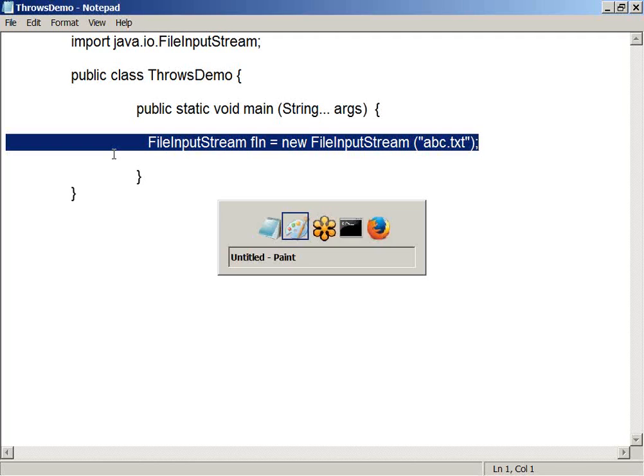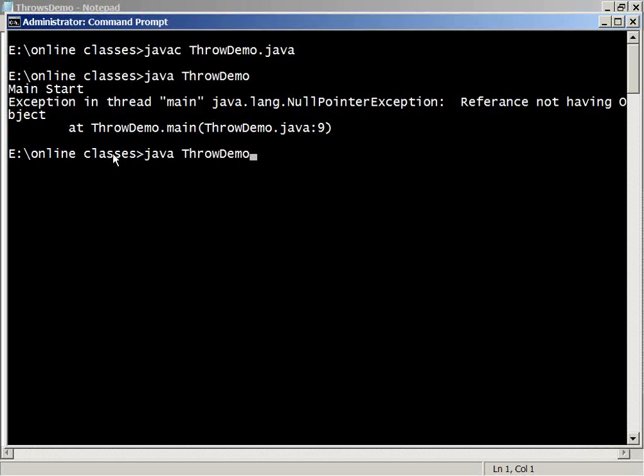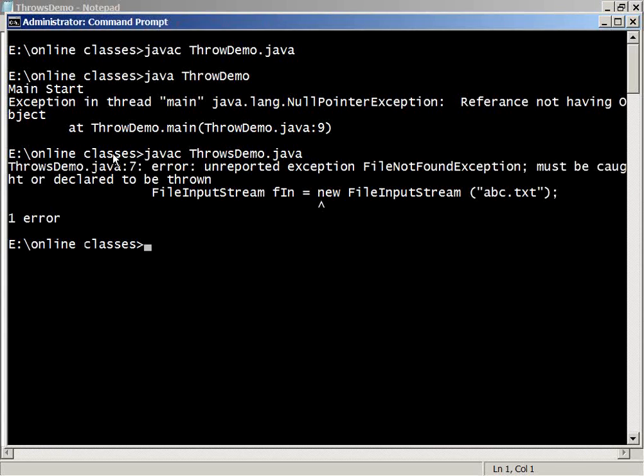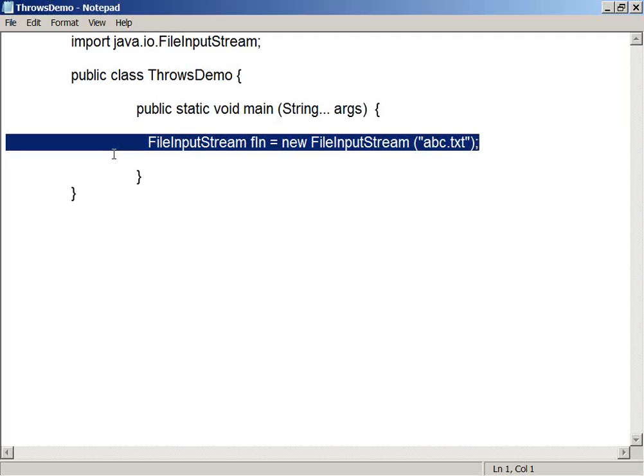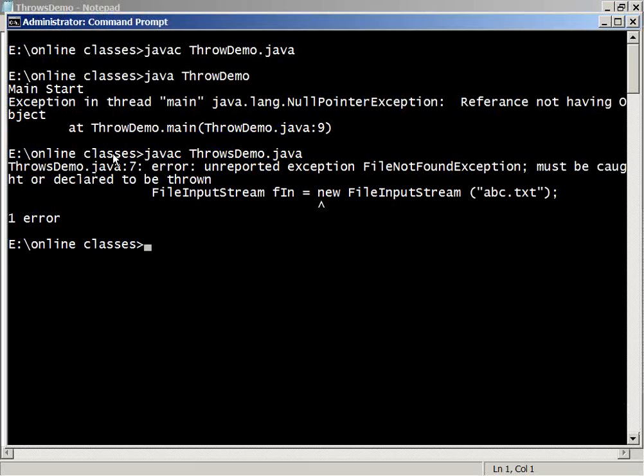I'm going to do something. I'm just going to compile this program. That's it. I'm not going to do anything else with this program. Oh, very bad. What is the problem here? I don't have any further statements. Only one import statement and one object I have created for a class called FileInputStream. So your compiler itself is not compiling this program. The compiler is not allowing me to compile it. Why is the compiler stopping me? What wrong did I do in this program?